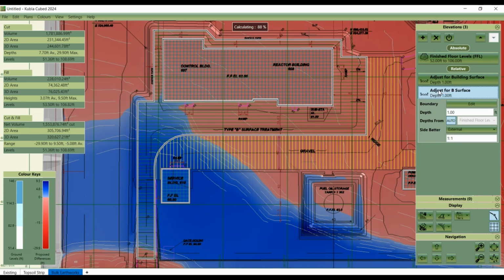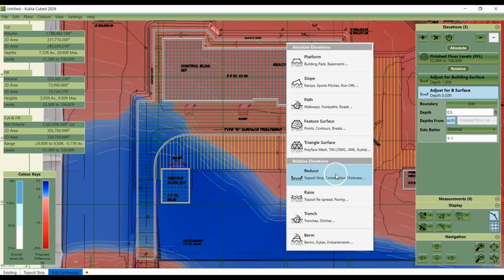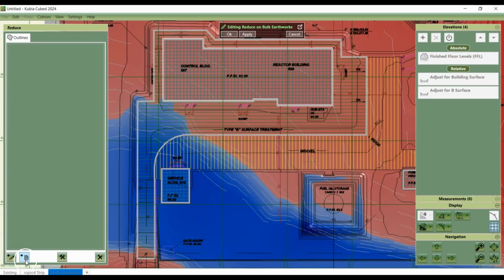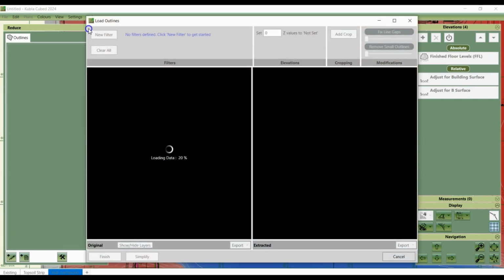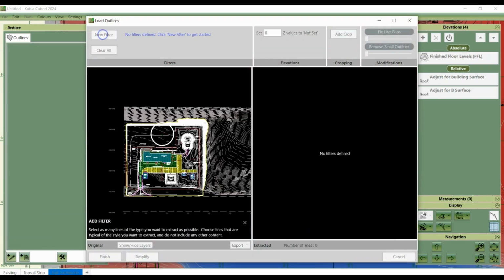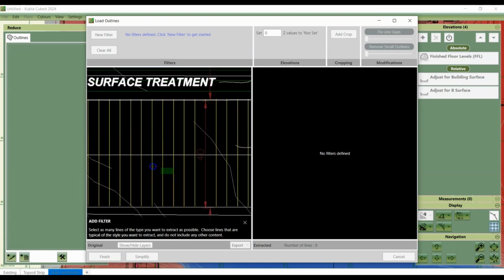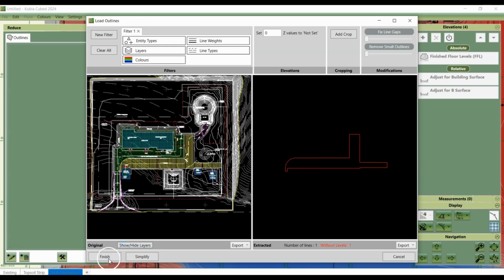And we'll set that one. And then we'll just add the final reduce element. And this time for the gravel, so we'll select that hatch. There we are.